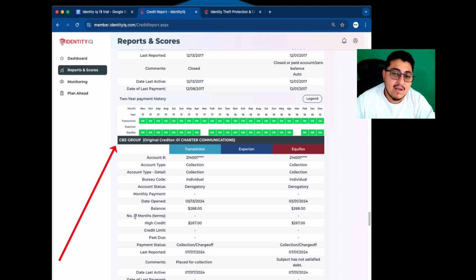This is a perfect example, and I'm glad it showed up like this. It's not always going to say collection account, but the way to...